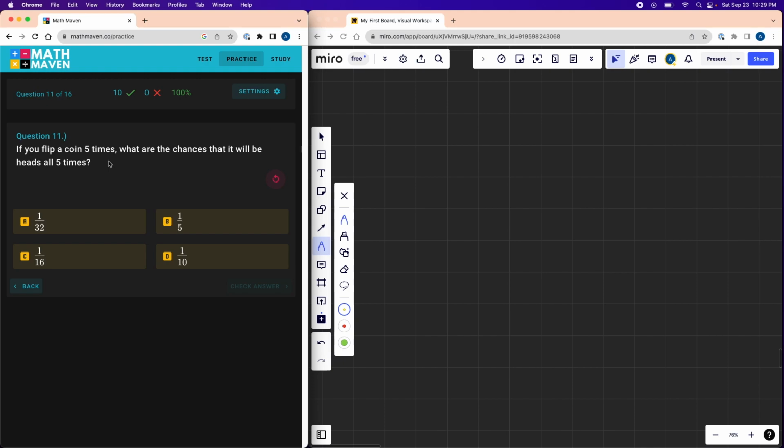So this is an "and" problem, and again, with an "and" problem, we are going to need to multiply all the different events together. And what is the probability of just one event? Well, what's the probability of flipping a coin? All right, a standard coin has 2 sides, and what is the probability that it could be heads? Well, only 1. There's only one way it could be heads, if it lands on heads. The other way is if it lands on tails. So there's a 1 out of 2 chance of it landing on heads one time. All right, so we need to multiply this